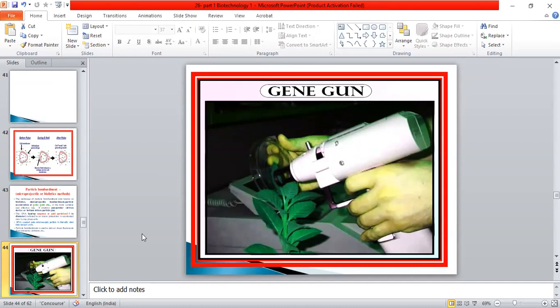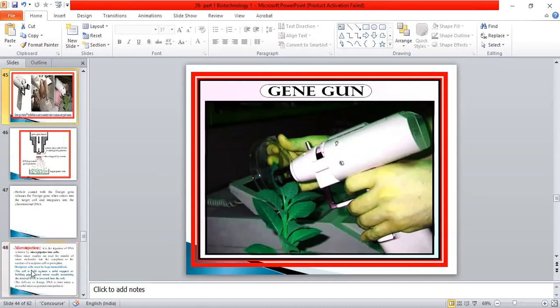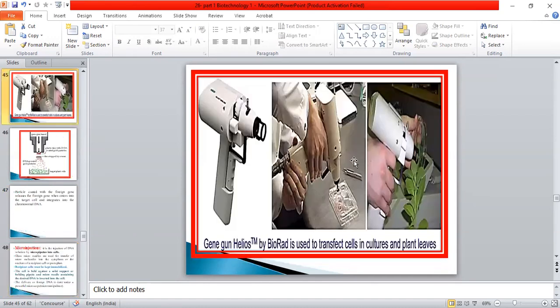So exactly, okay. So then only what happens. See that one. These are the other things also. See that here the laboratory work they are doing. This is the structure of the gene gun. It is made up of, inside there is a tungsten loaded